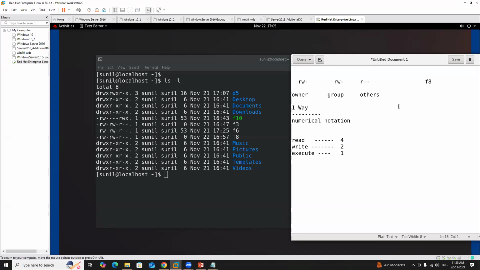As we now know about the numerical notation, let's take an example. Considering the file F8, currently F8 has rw-, rw-, r--. Am I right? That's what we have checked. Yes, considering the file F8, these are the current permissions. Now what I want,